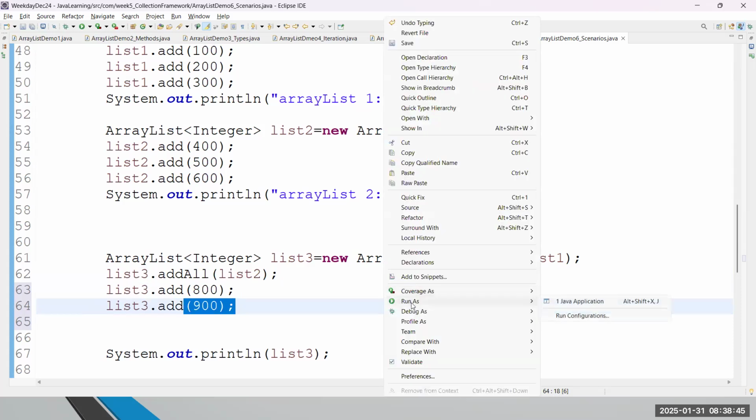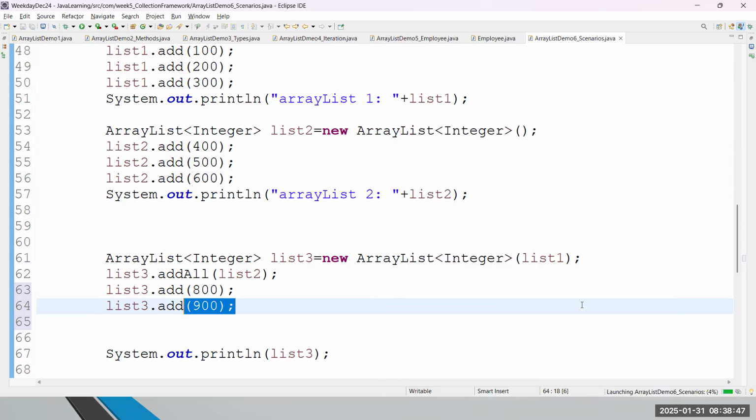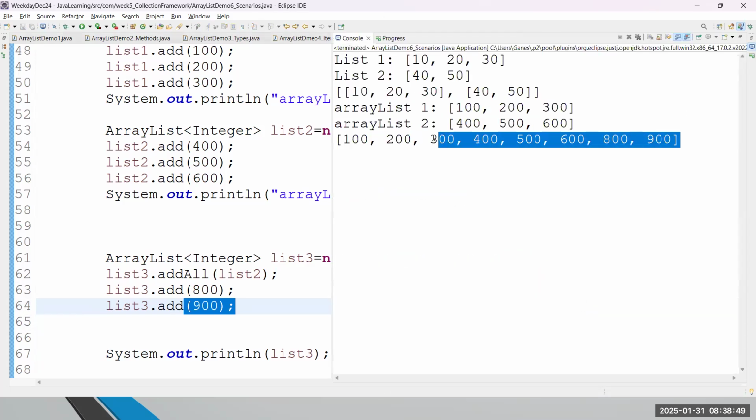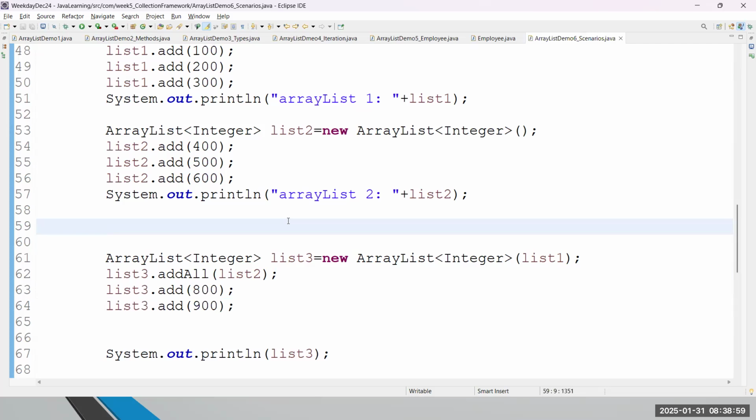So 800, 900 will be added at the last. And you can see this is your complete list. Got it? So either you can directly add it, or you can add with the method, that is also allowed. So remember, these are the basic interview questions, like how you can create a particular list and how you